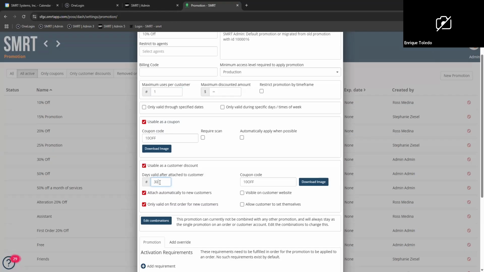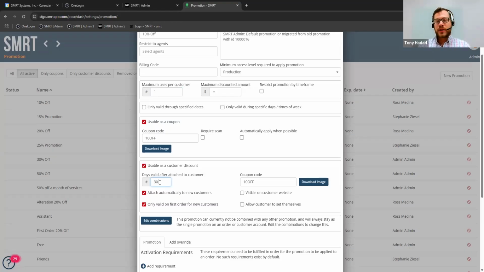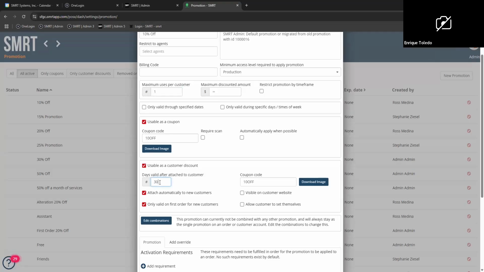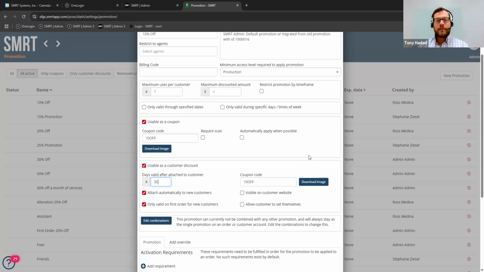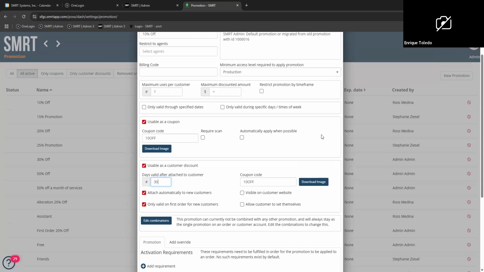Got it. So that way it is automatic and your CSR will just see it on the screen as that order comes in, as long as it's an eligible item, and it'll be automatic within there. Got it. Yeah, this is easier than doing it manually. It's a lot better to have it clipped than a customer saying, oh, this discount wasn't on, and you want to make sure they're happy with what we're offering them.